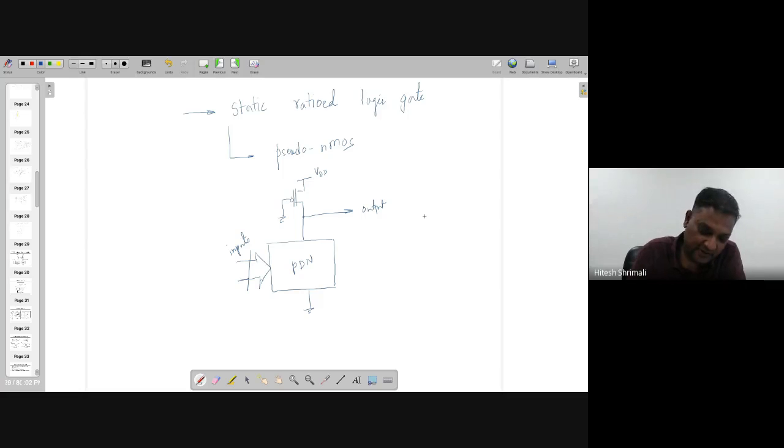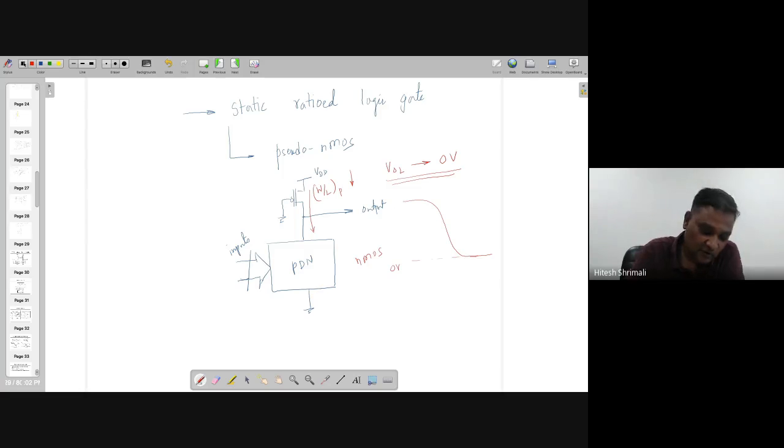We already studied that the problem here is actually the fighting between the pull-down transistors, which are made up of NMOS, and this PMOS. So the technique is you have to keep this W by L as low as possible to achieve VOL tends to 0 volt. We also learned that if you are keeping L higher than W, you may get better results in terms of proper VTC like this, which is going till 0 volt.